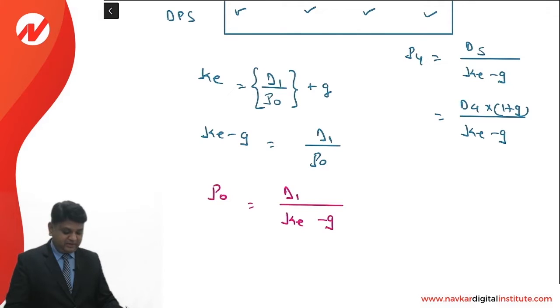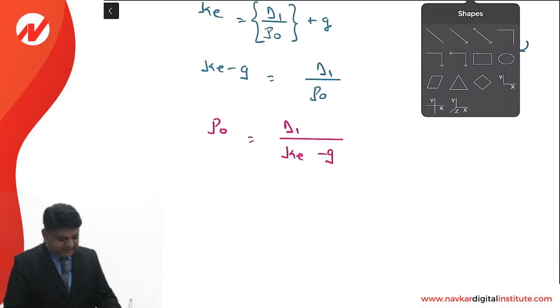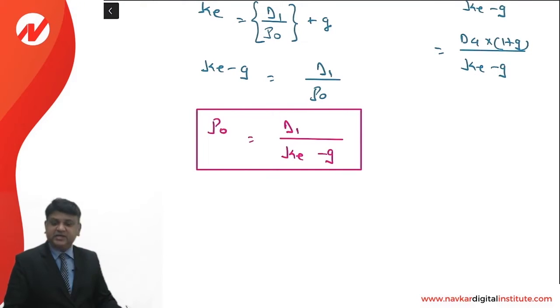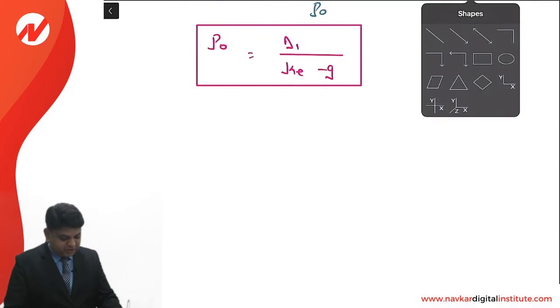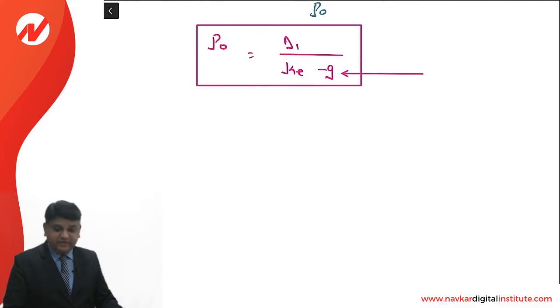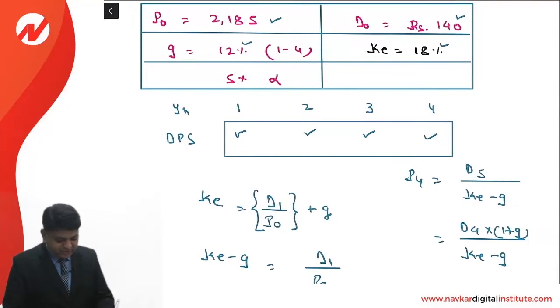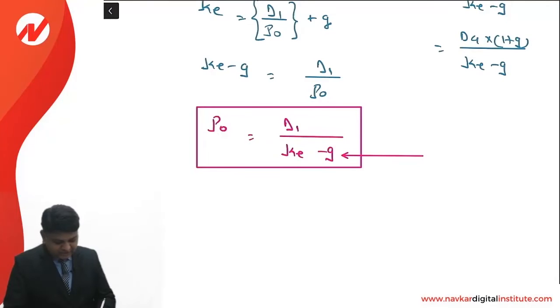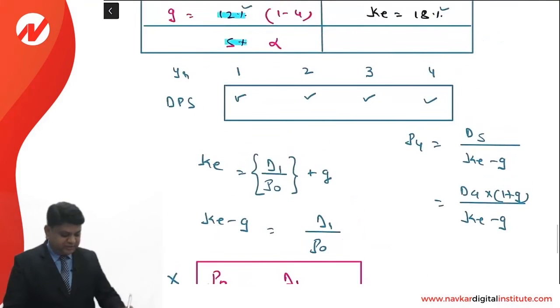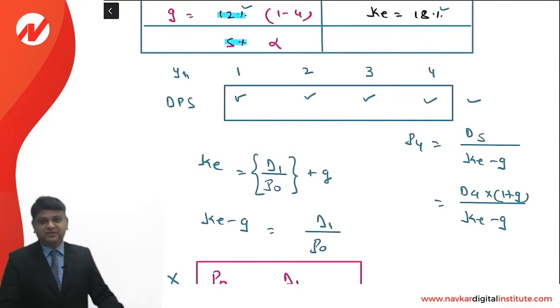Why is it not applicable? Dear students, as far as the application of this formula is concerned, it has a condition that says this growth rate should be constant for perpetuity, so from the very first day. However, we can see that for the first 4 years, the growth rate is different in comparison to the perpetual growth rate. That is the reason we cannot apply this formula for the purpose of calculating P0. Application of this formula is not acceptable. Instead, we are required to adopt a procedure like this for calculation of the P0.